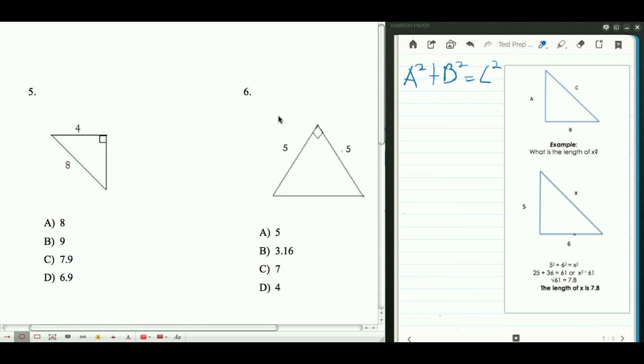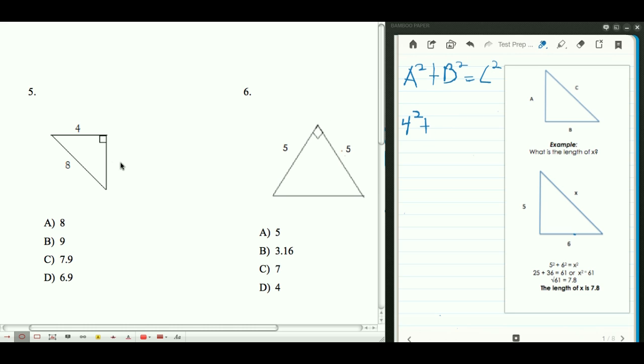Okay, this is an example where we're going to work a little bit backwards. Remember that this long part we always consider C, and these two sides right here connecting with a 90-degree angle are always going to be A or B. And remember, it doesn't matter since you add them together, but this long side is always going to be side C. So what information do we have? So let's just use 4 as point A. So it's going to be 4 squared plus